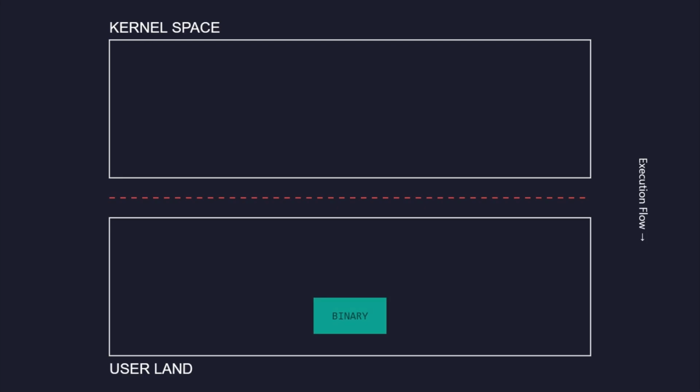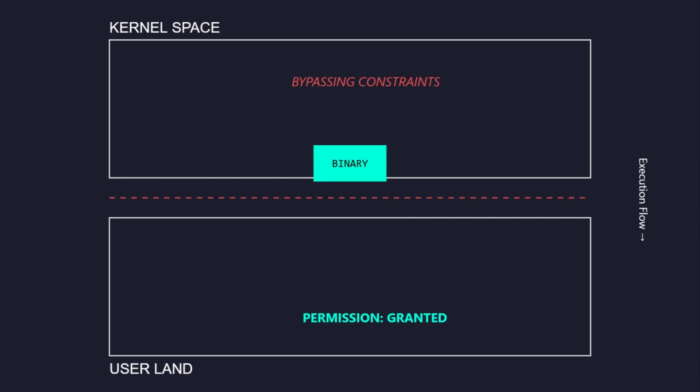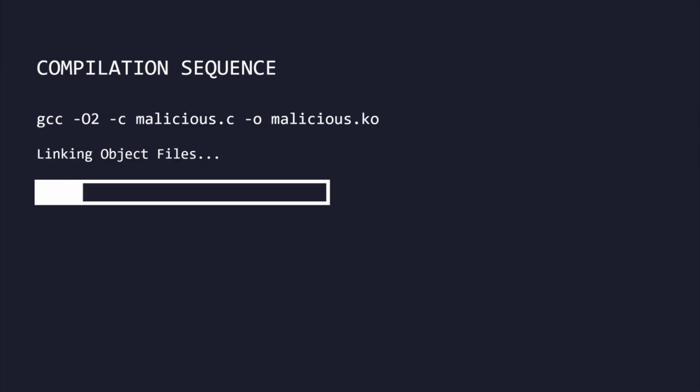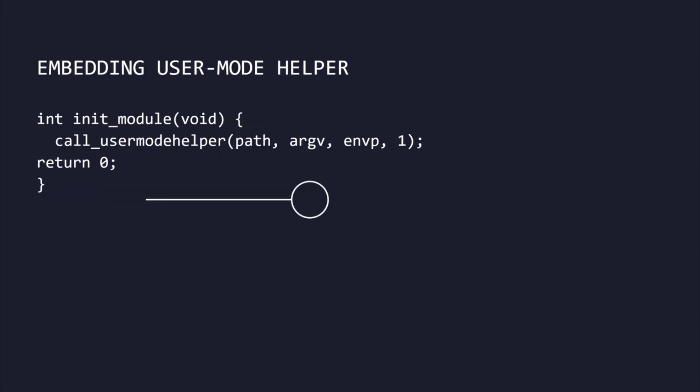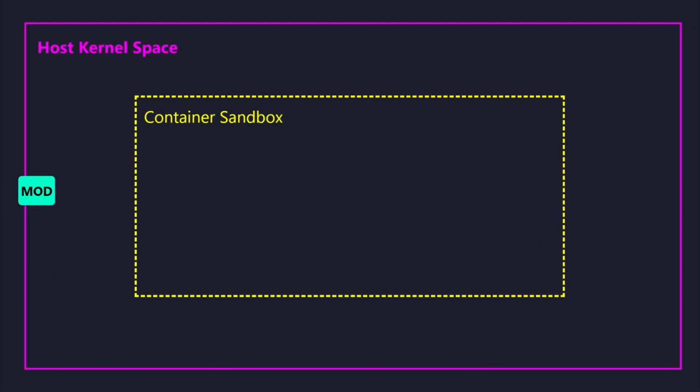Full privileged status also grants the highly critical capability CAP_SYS_MODULE. This explicit flag allows processes running inside the isolated environment to load arbitrary compiled binary code directly into the active host kernel space, completely bypassing userland constraints. We compile a native Linux kernel module targeted specifically to the precise version string and architectural layout of the hosting machine, embedding a standard user mode helper execution sequence inside the module initialization routine to spawn an external process during